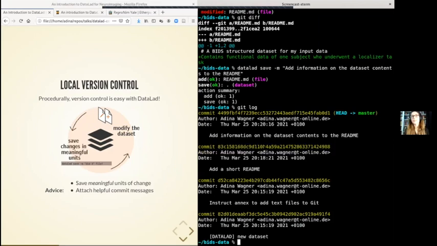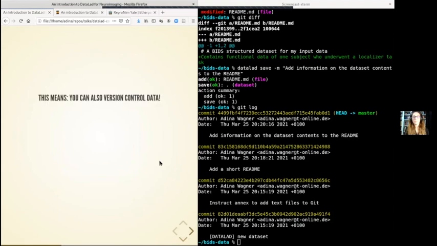And this cryptic commit hash can uniquely identify anything that has been done. And I can use this representation of a change to, for example, reset or redo a specific modification. So now that you have a short intro on version control with DataLad, I want to mention the most important